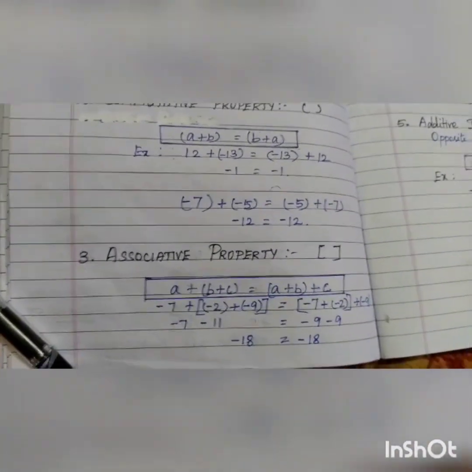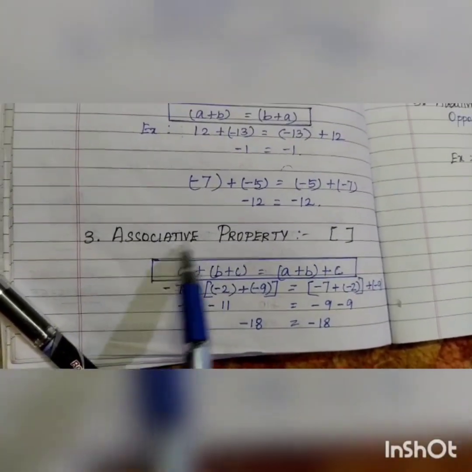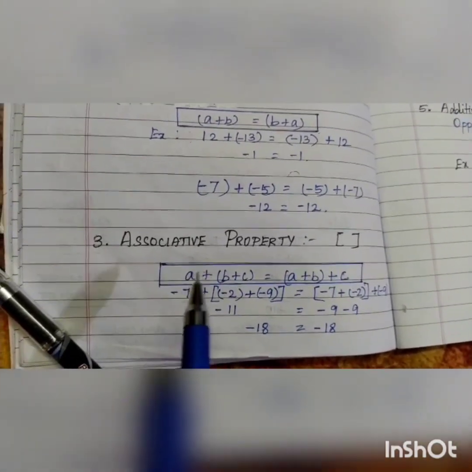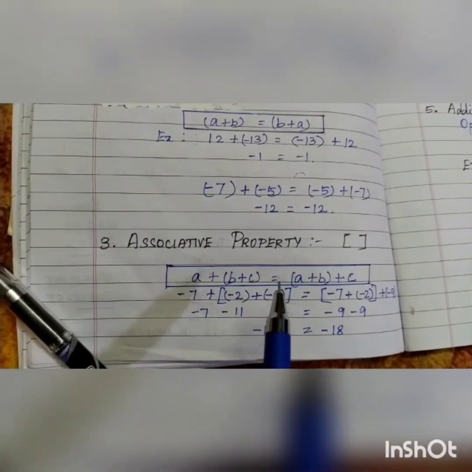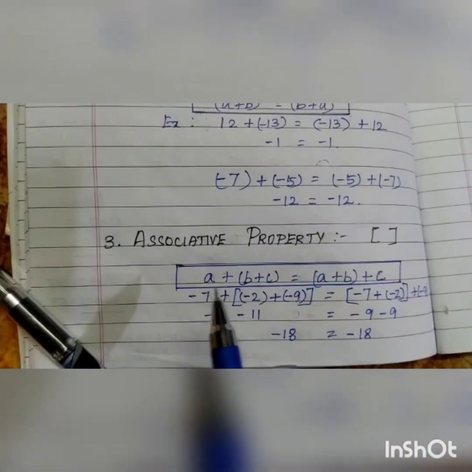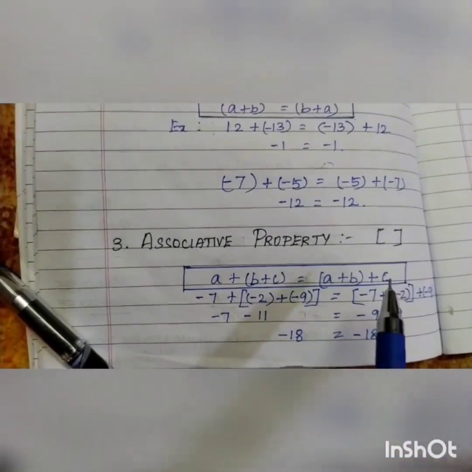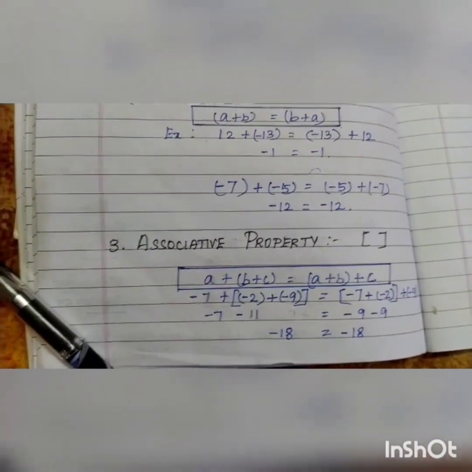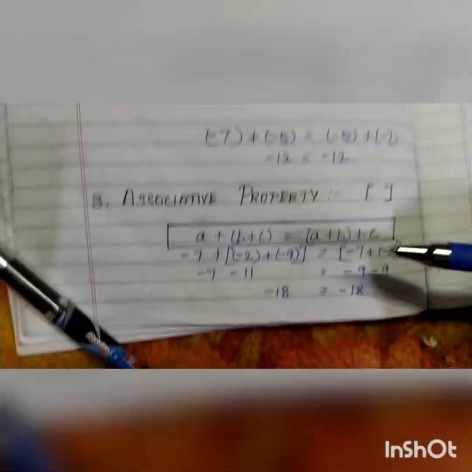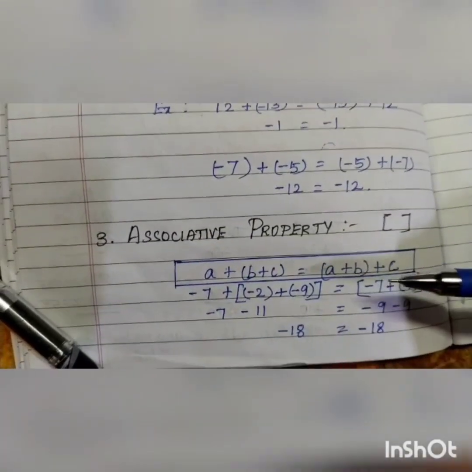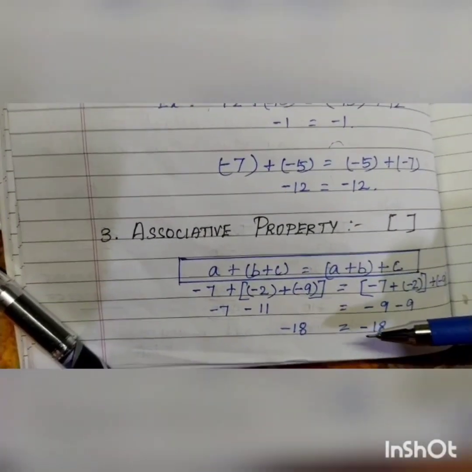Next, we are going to learn the associative property. Property number 3 is the associative property. Here A plus B plus C equals A plus B plus C. Children, just listen, only the bracket is getting changed. This is also for the order of addition. In the previous property we went with two numbers; in this property we are going with three numbers. If we add any three numbers, we will get the same answer.